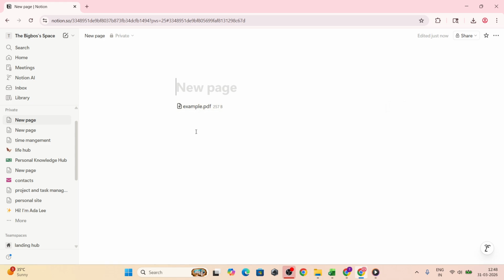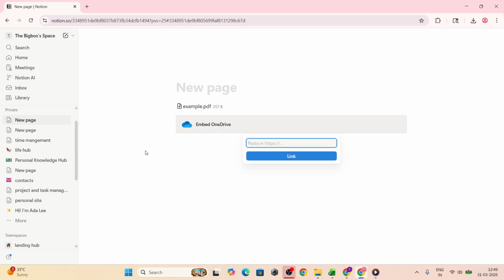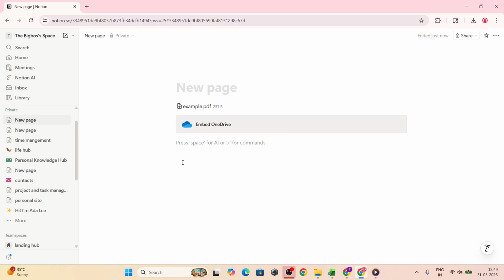Next, here is a convenient way to add OneDrive content without leaving Notion. On any Notion page, type the / command by entering a / and then OneDrive. From the menu that appears, select the OneDrive option to browse and add files. This opens a picker where you can choose the exact files you need. Once selected, Notion will place the item right on your page with the same clean preview format, saving you from